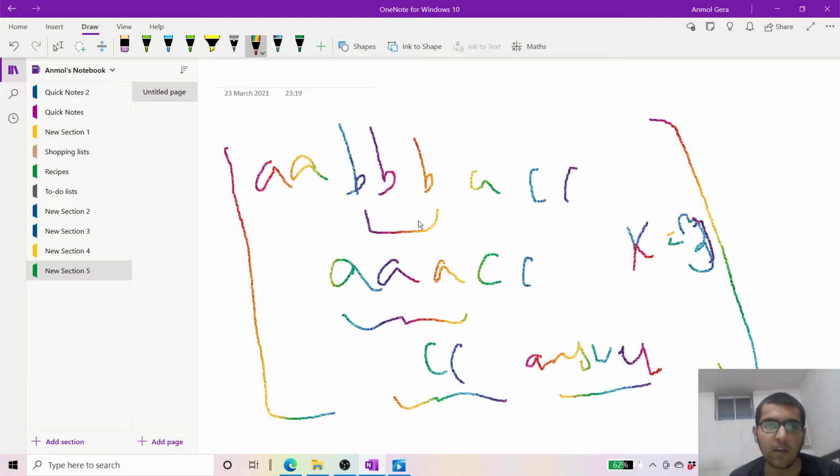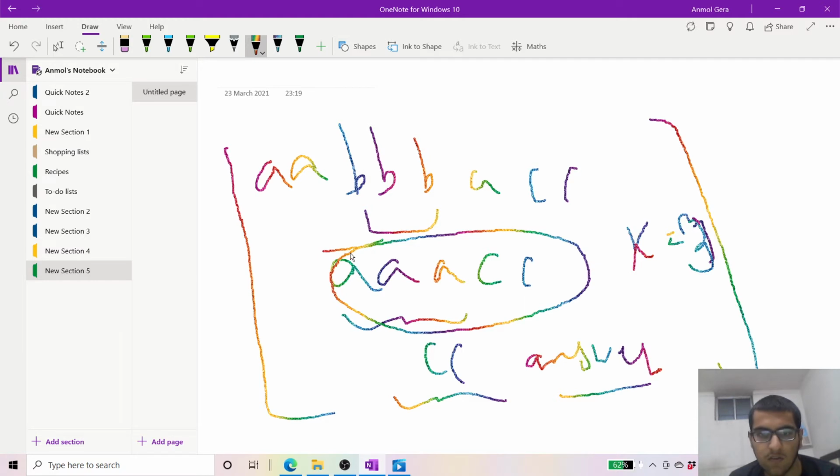Another observation is that we have to concatenate the left substring and the right substring after the removal of a particular character. If we are removing character B, which is occurring k times, which means 3 times, we are concatenating the left substring and the right substring. So the final string would be triple A CC, and after simply removing A, the final string would be CC. Okay, so I think the question is clear.